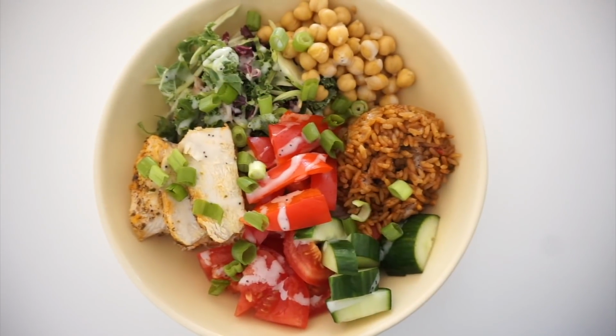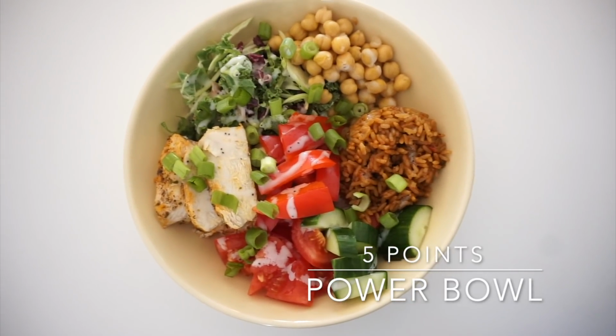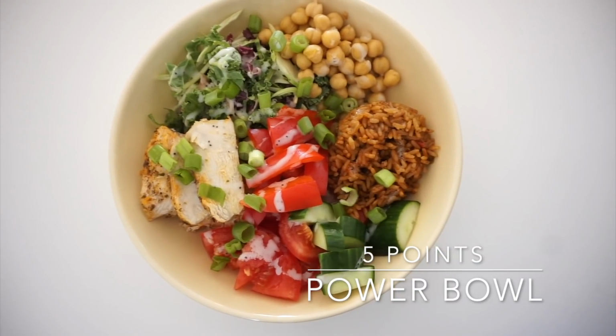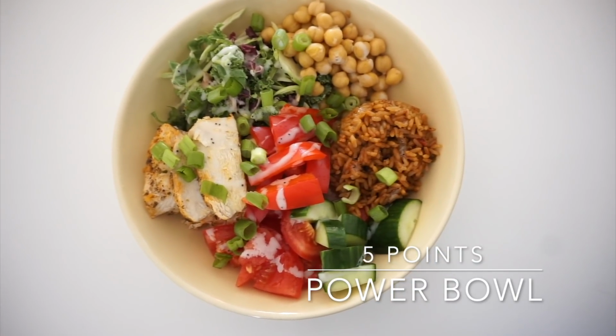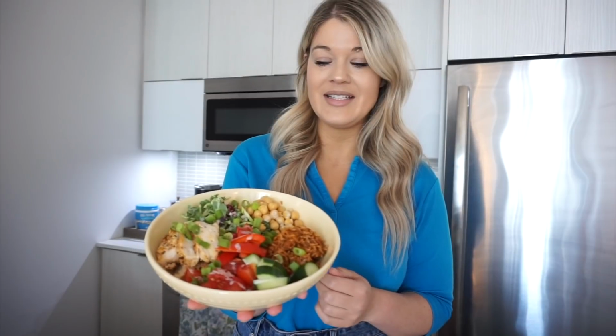So there is my 5-point protein power bowl all plated up. It just looks so delicious, so colorful, and the flavors are gonna mix really well together. So I'm so excited to dig into this. Okay, so just so you guys can see the portion size, that's my lunch right here. This is the type of lunch that I have on a regular basis,